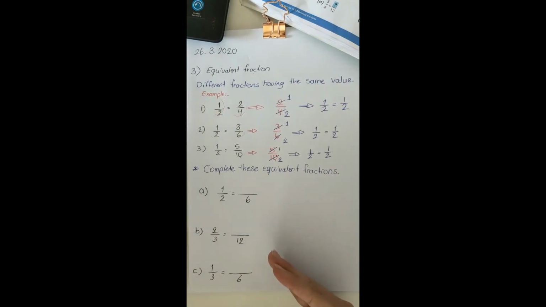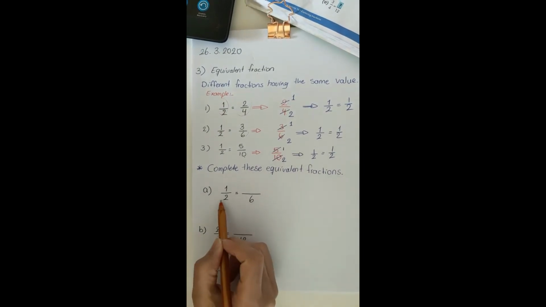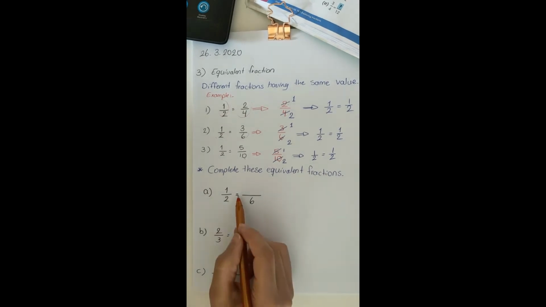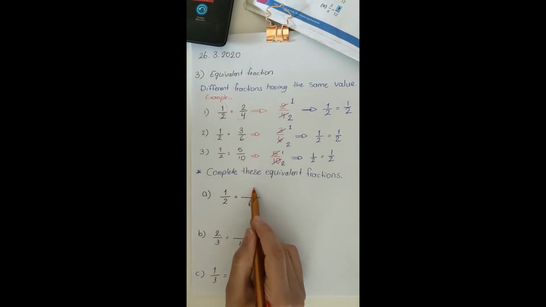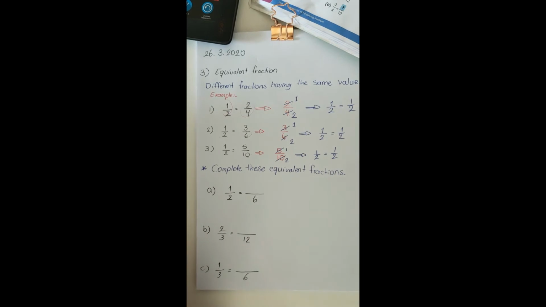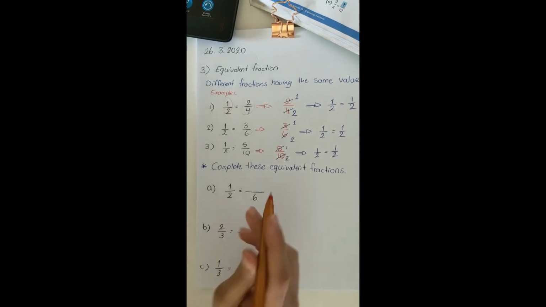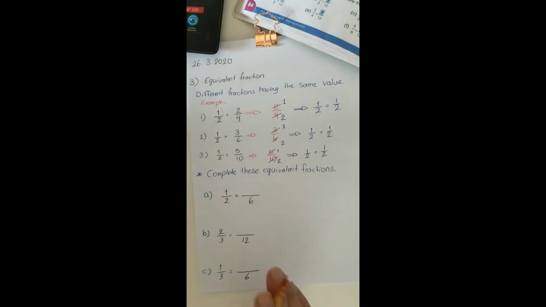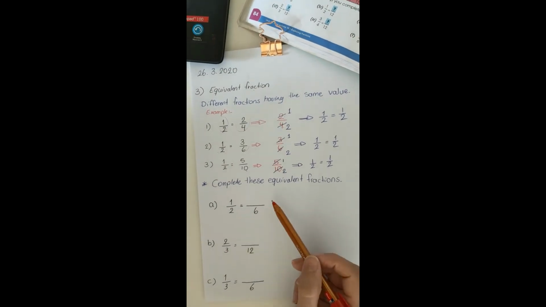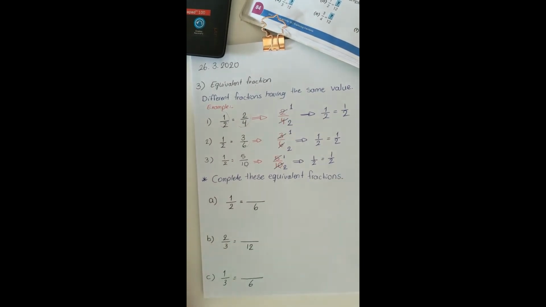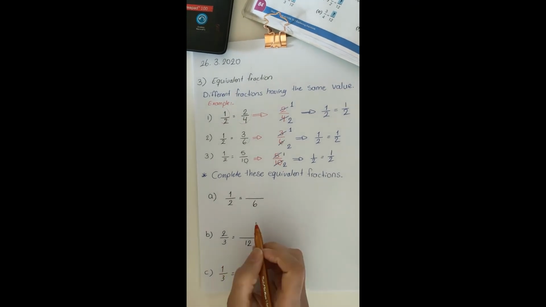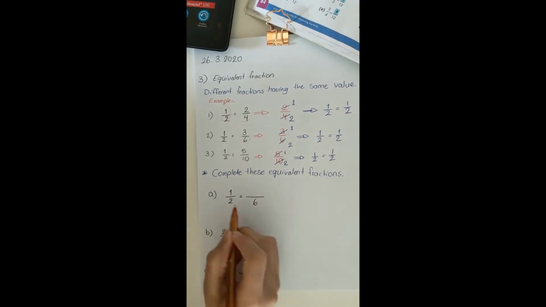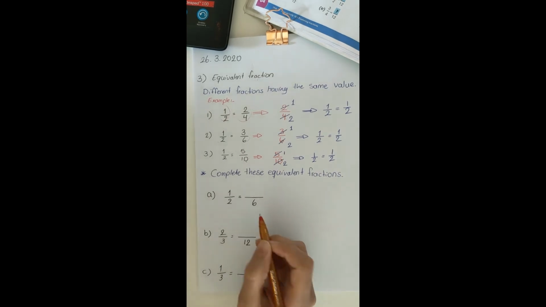But in this question, in this side, I have 1 over 2, but in this side, I don't have the numerator here. So I have to find this number here. How should I find it? I'm going to look at the denominator. Why? Because I have number here and number here. So I can